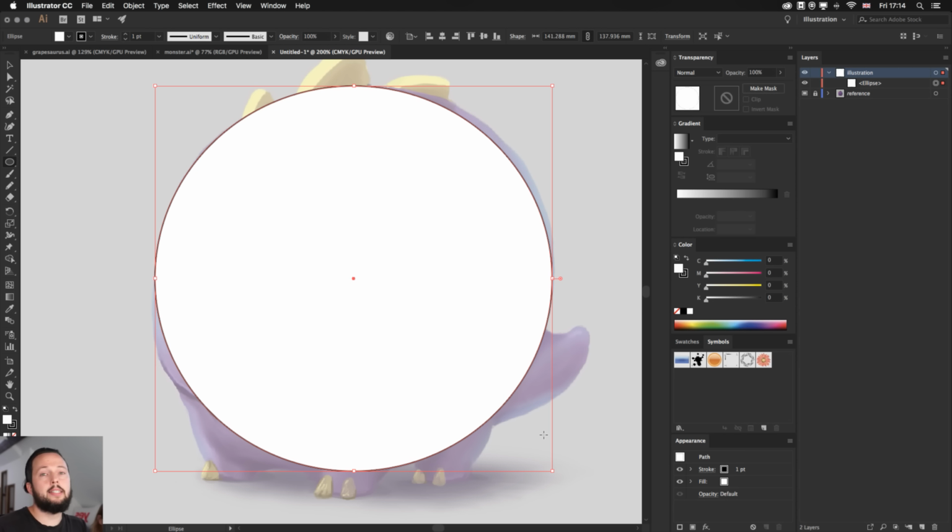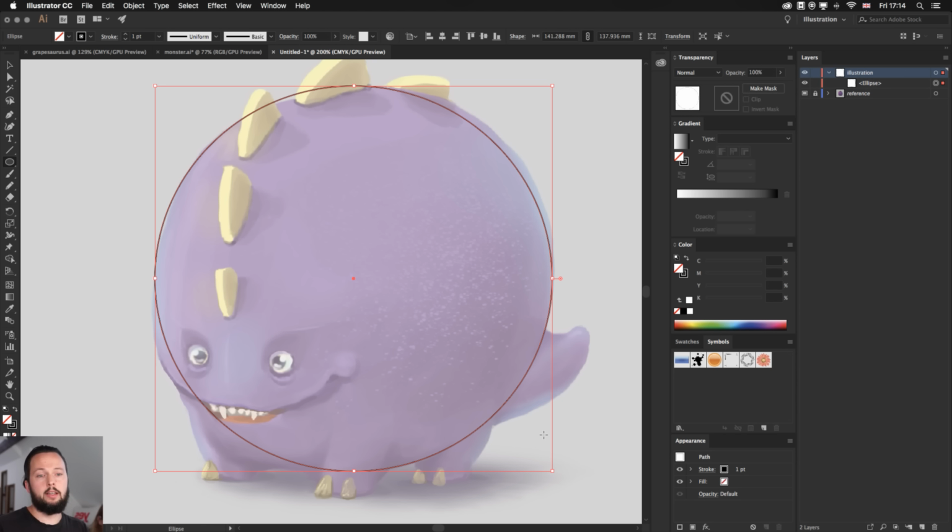So I would press forward slash or the question mark on the keyboard, which will remove the fill color in case the fill color is on top. The way you can tell that is by checking your swatches panel, for example, or the toolbar on the left. When you press X on the keyboard, you can very quickly toggle between the stroke and the fill color. So you want your fill color to be on top. You can do that by pressing X, as I said, and then press the forward slash or question mark to remove that color. So I only want to see the shape, which it's enough to see the stroke. I don't need to have a fill color there.